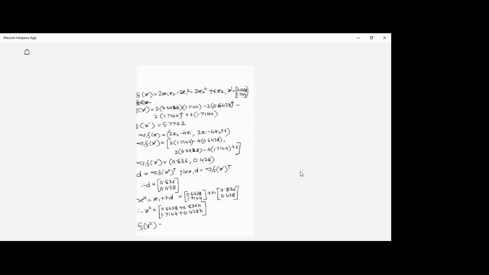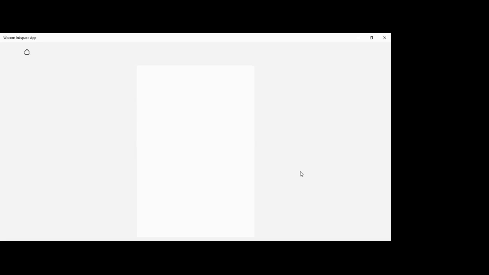We are going to find out what is the value of fx2, or we are going to find out what is the value of f of x dash plus hd. Doesn't matter, both are same only, right? So what we require is the value of fx. So value of fx is 2 x1 x2 minus 2 x1 square minus 2 x2 square plus 6 x2, and the value of x dash plus hd that we have found out now only, that is 0.6428 plus 0.836h